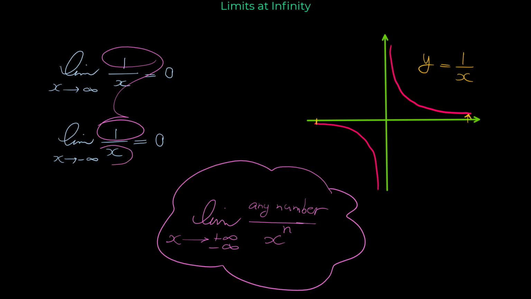So again, not only x, maybe x to the 2, x to the 3, x to the 5, the positive powers, even the power can be a decimal, x to the power of 1.5. The limit of any number over x to the n as x goes to infinity is 0, which completely makes sense,